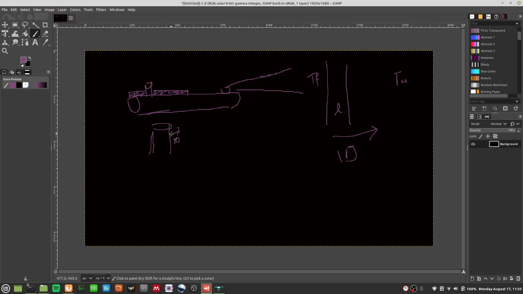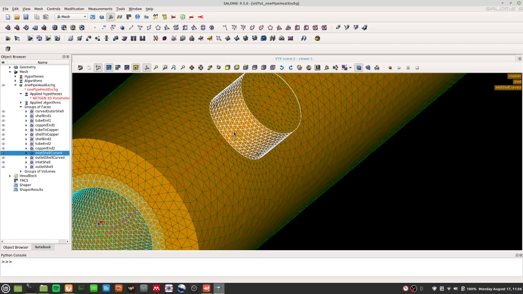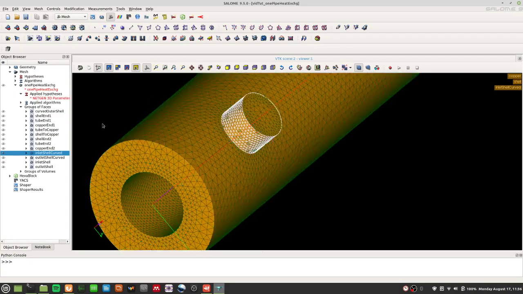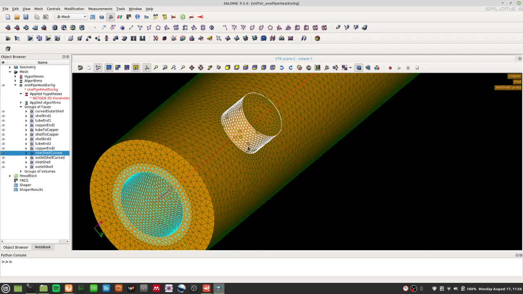You'll be treating it as if there's a 1D layer of insulating foam surrounding this surface. And of course we know that's not true, because if we were to put a layer of insulation around this tubing,